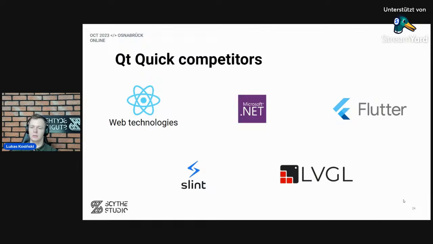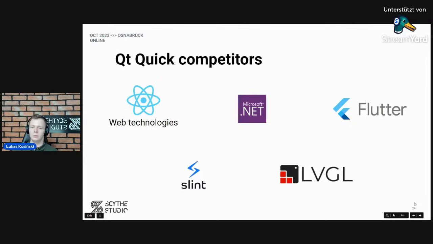And there is Slint, which is quite an interesting tool, and also quite new. It is a framework for the Rust programming language. I don't want to do any comparisons, but it's something that you could also keep an eye on. And there is LVGL, which we used in some projects in which Qt was not efficient, or sometimes too expensive because it has some licensing as well. And LVGL is based on C++.